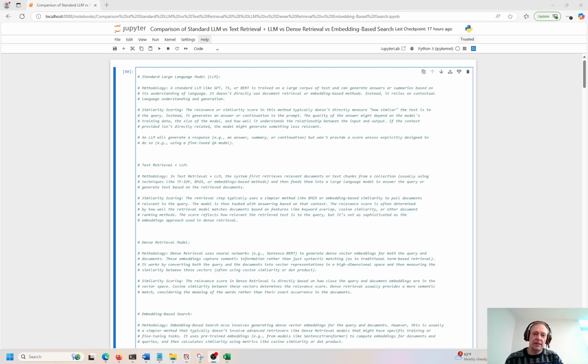We're going to take a look at a text retrieval technique plus LLM. Okay, so it's like an enhanced LLM. We're going to look at an example of a dense retrieval and a third example of an embedding-based search of text. So I'm going to throw a couple PDFs